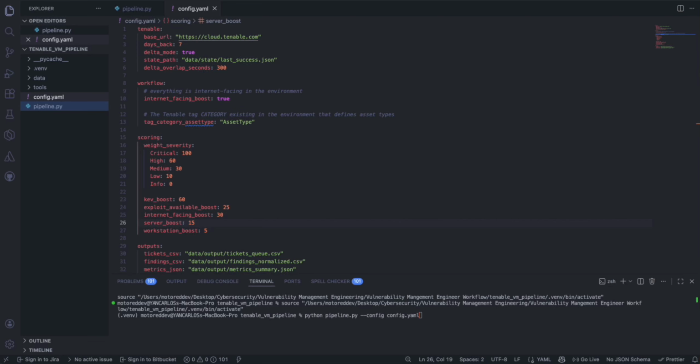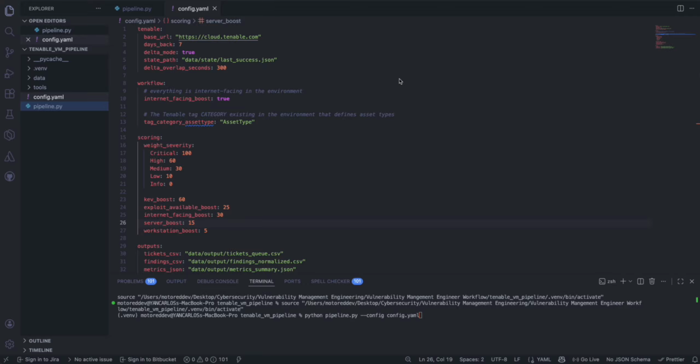So today I want to walk you through a vulnerability management pipeline that I built using Python and the Tenable API. The goal behind this was to build something that an analyst or an engineer could actually use day to day. The pipeline pulls vulnerability data automatically, then cleans it up into something consistent, and also prioritizes what actually matters, using things like severity, exploit signals, known exploited vulnerabilities, exposure, asset context, and how long an issue has been sitting around. And then from there, the pipeline also generates outputs that an analyst can immediately work from, like